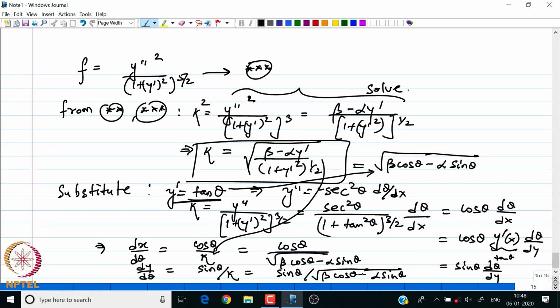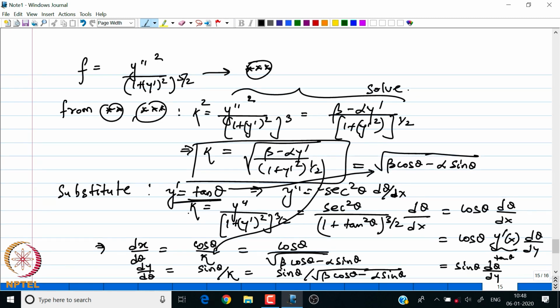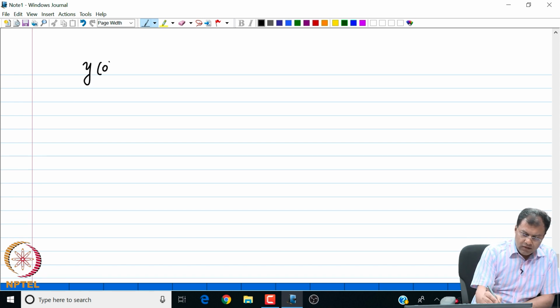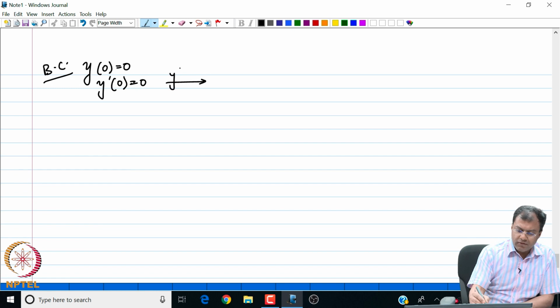So, the crucial part is now all we need to do is to integrate this quantity on the right hand side with respect to theta to get the parametric representation of our extremal. Now, I am going to quickly show the way to solve. Well, before we do that, we have used the substitution, and we must also show what is the corresponding boundary condition for this substituted variable. Notice that y of 0 is 0 and also y prime 0 is given to be 0. This is my regular boundary condition. Now, we have substituted y prime is equal to tan theta. That is only possible when theta is equal to 0.